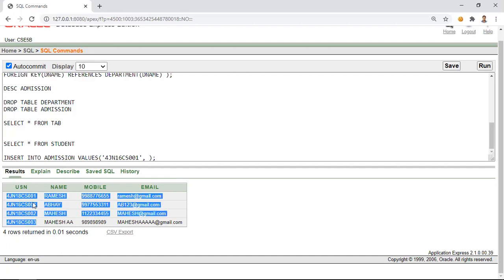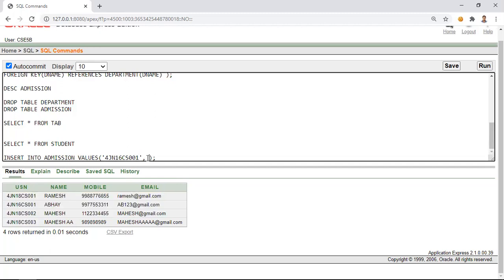I can't use any other value apart from these 4. If I use any other, Oracle will raise an error telling that the particular USN is not present, because it is a foreign key. The meaning of a foreign key is that whatever value we put for admission should be present in that particular table.